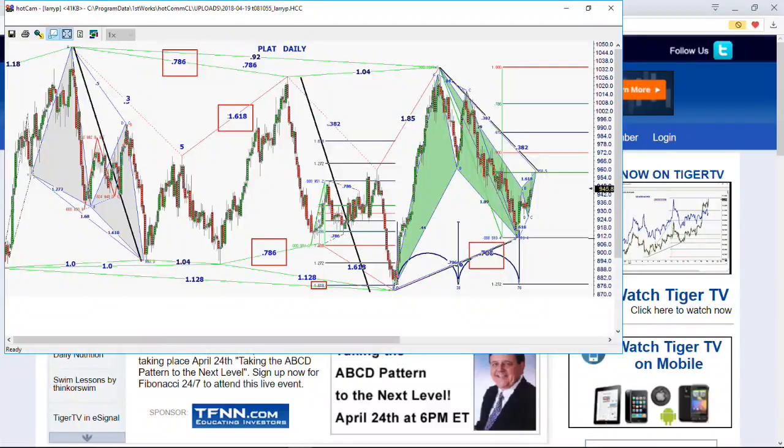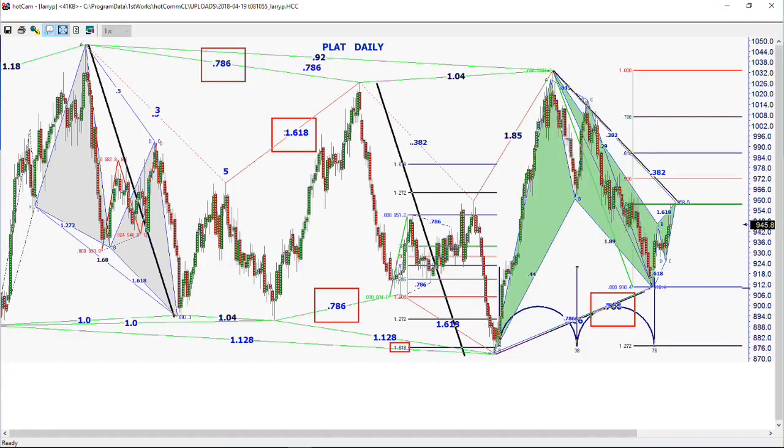This is platinum, folks. This is what's interesting here. You'll notice in the platinum, we made that low down there at the 78% level back on April the 9th. Look what's happened so far. We've made an ABCD pattern that we completed about 3 hours ago in the platinum at the 957 level. We're now trading $13 below that level. That is not a good sign because that completed a perfect ABCD pattern at the 382